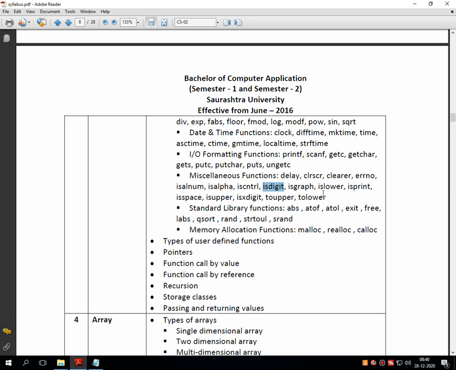So I am not taking this. Then isgraph will check for the graphical representation. This is very important. Islower. Now this will work with the entire string. Islower will check whether the entered string is in lowercase or not.